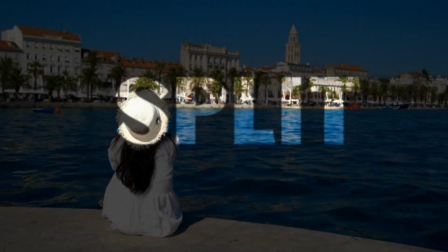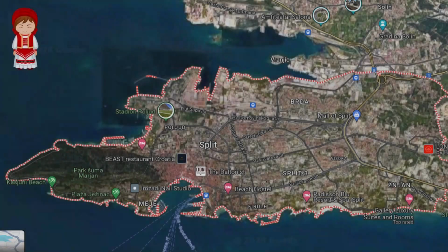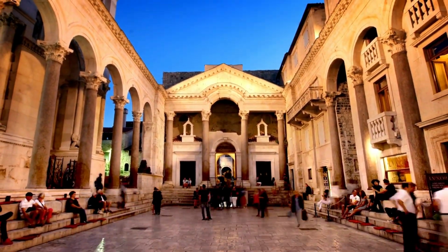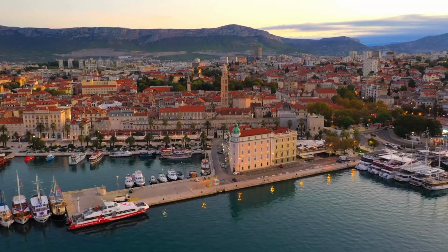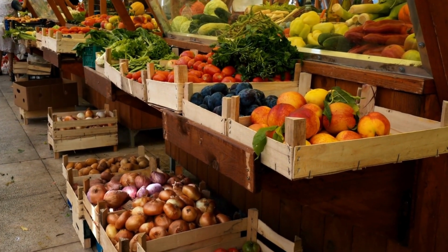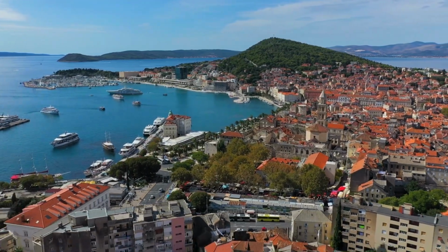Nicknamed the Mediterranean Flower, Split is Croatia's second largest city, located on the peninsula of the Dalmatian coast. It has beautiful old Roman architecture with orange-roofed houses that create a striking contrast with the crystal-clear blue sea and dramatic coastal mountains. With plenty of sunshine, impressive sights, dining opportunities, and of course, the nightlife, Split is a top destination. The city's main attraction is its historic core of beautiful Gothic and Renaissance architecture, with Diocletian's palace as the